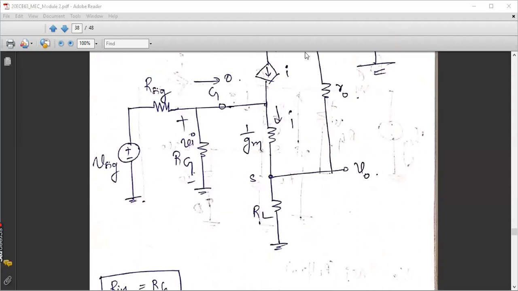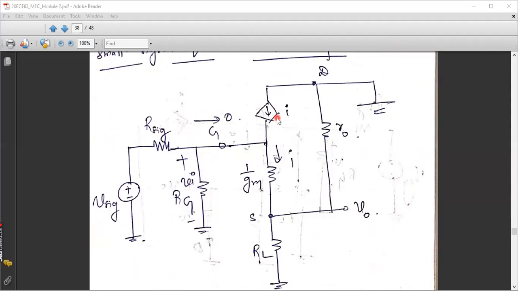Please note that whenever you are drawing a small signal T equivalent circuit specifically, we insert a dependent current source at the drain terminal, and you can see the drain is directly grounded here, because in your original diagram the drain was connected to the supply voltage VDD, but here that VDD has been deactivated, and we have replaced it with ground. Also, between the gate and source terminal, we have replaced our current source with an internal resistance of 1 by gm. This resistance is nothing but 1 divided by the transconductance gm. So this is as per your T equivalent model.